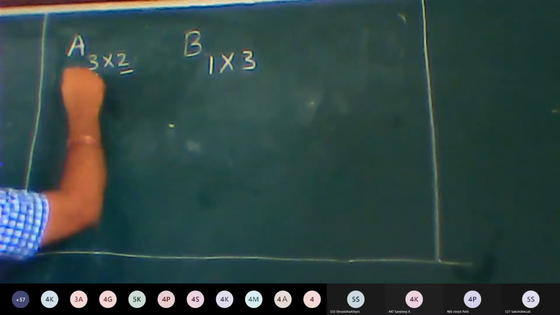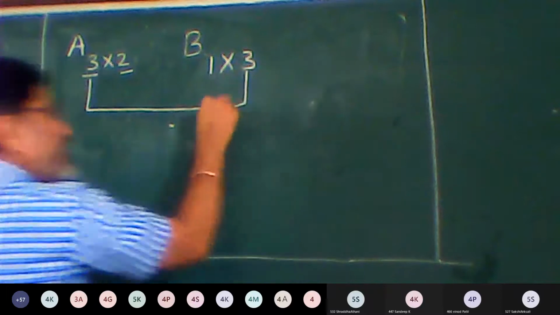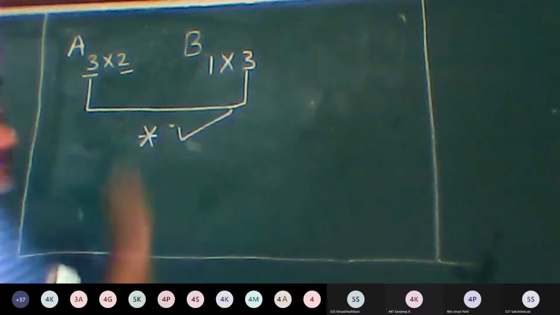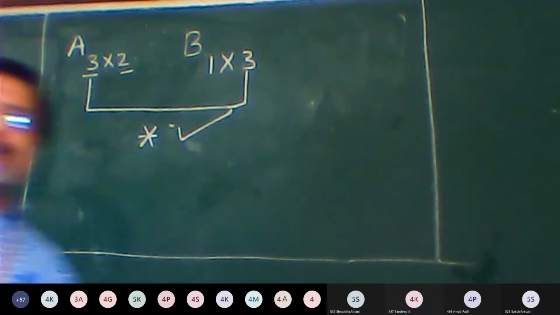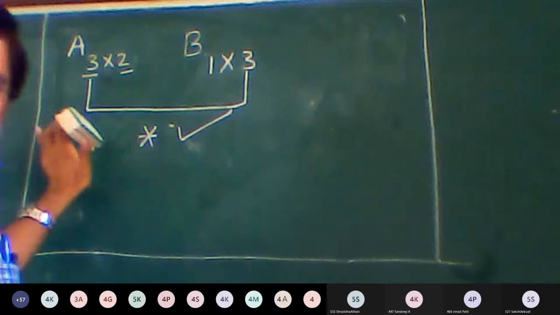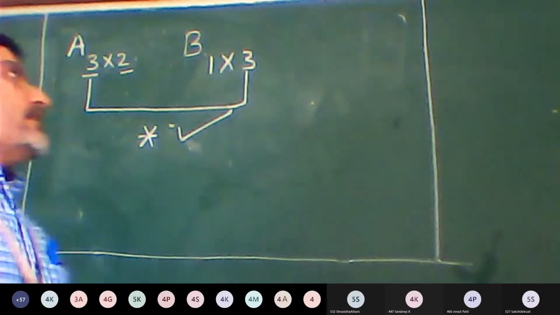If the number of rows in the matrix A are equal to the number of columns in the matrix B, then only we can perform matrix multiplication. Otherwise, we can't. This is the basic knowledge one should have in order to perform matrix multiplications. Okay. Now,